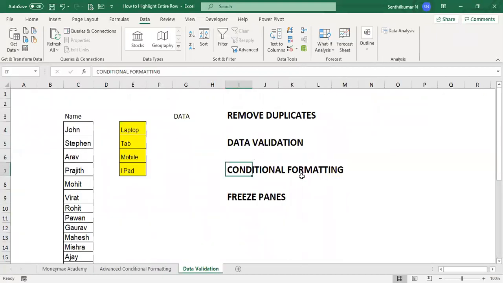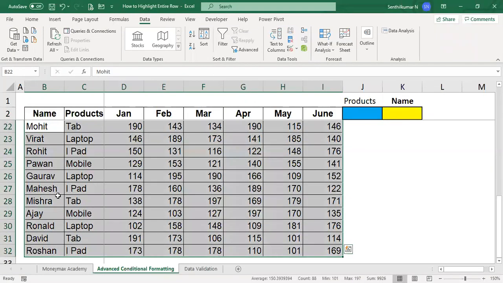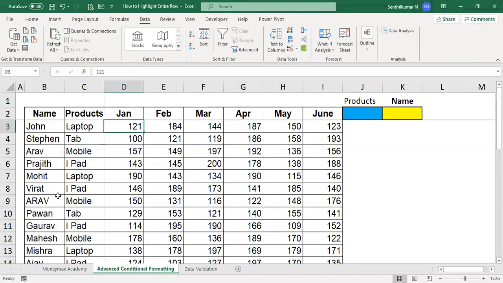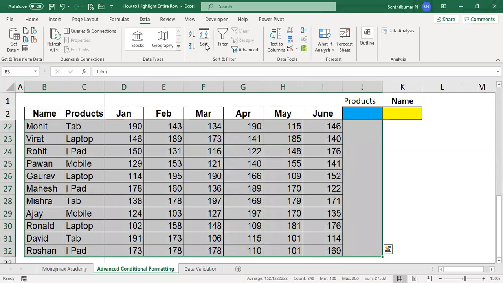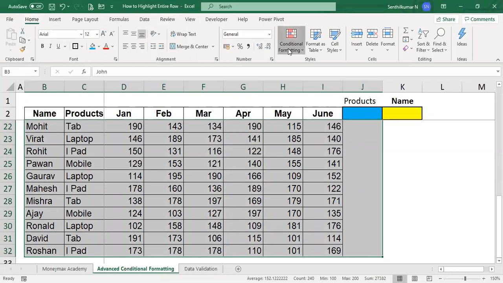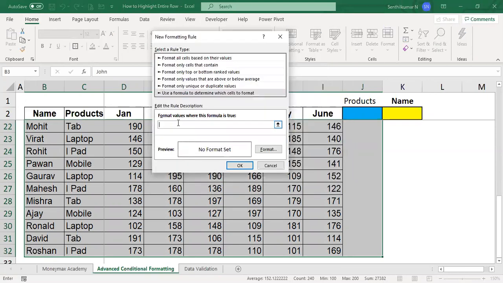Third step, conditional formatting. What do we have to do? Select the entire data. Go to the Home menu, Conditional Formatting, New Rule, use a formula, equal to the product.